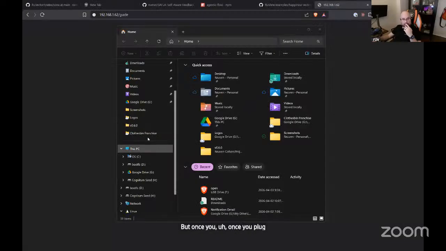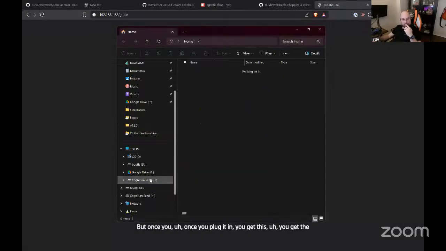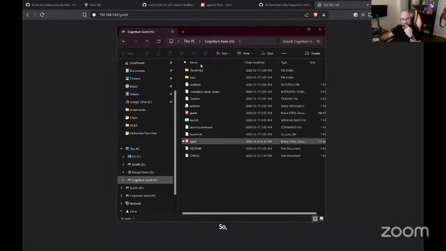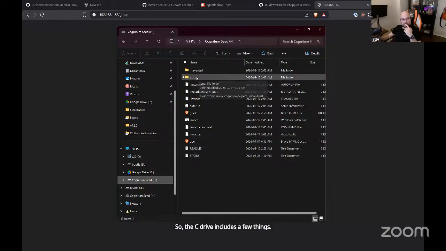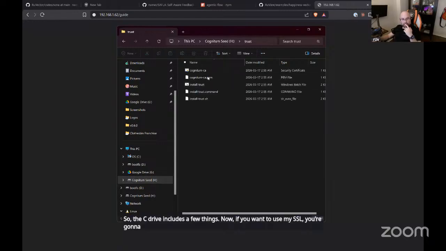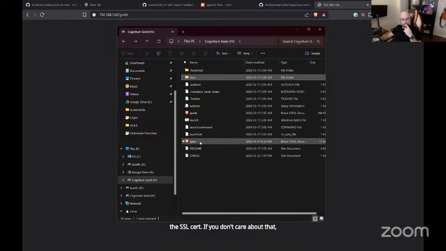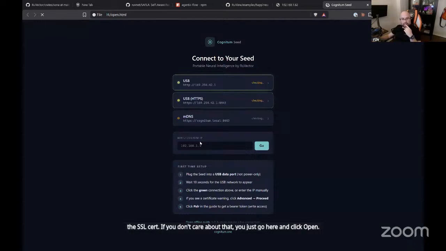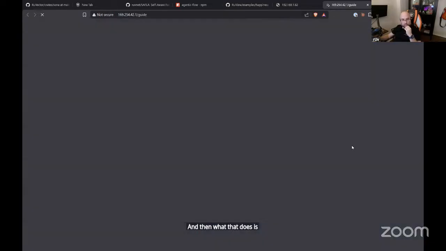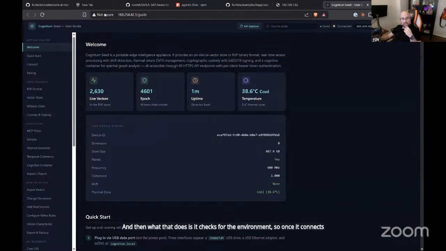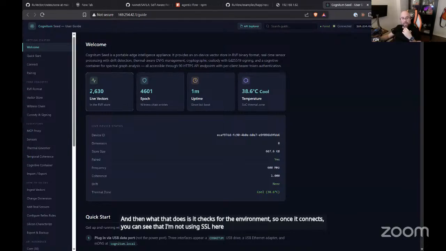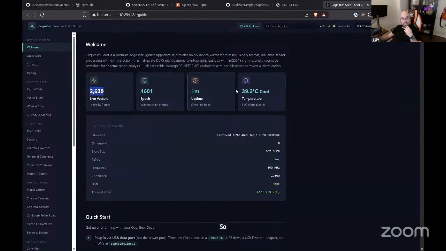But once you plug it in, you get the C drive. The C drive includes a few things. Now, if you want to use my SSL, you're gonna have to enable the SSL cert. If you don't care about that, you just go here and click open. What that does is check for the environment. Once it connects, you can see that I'm not using SSL here. This has been running for a while. So this is telling me my temperature